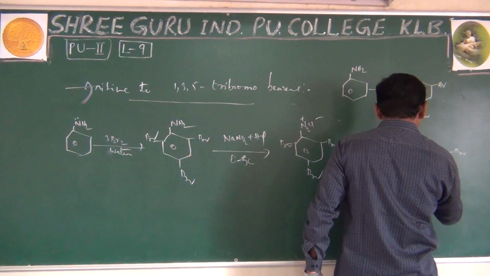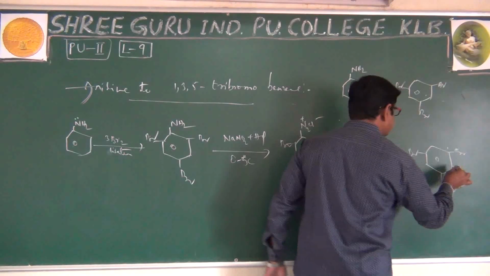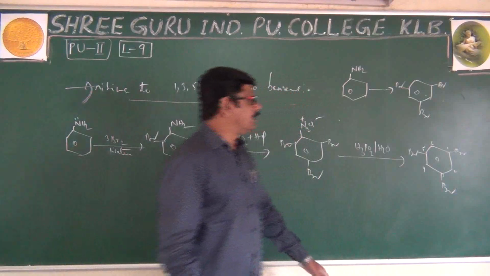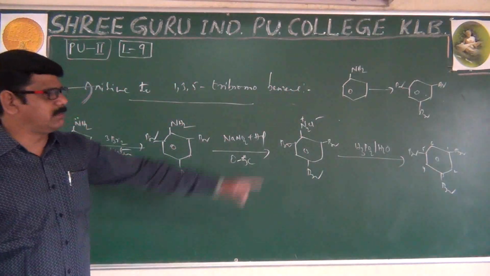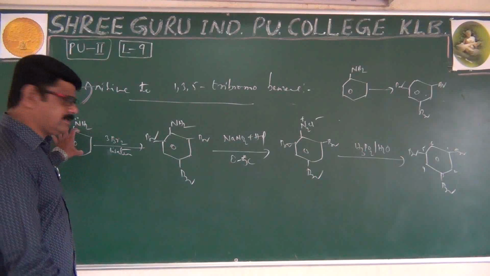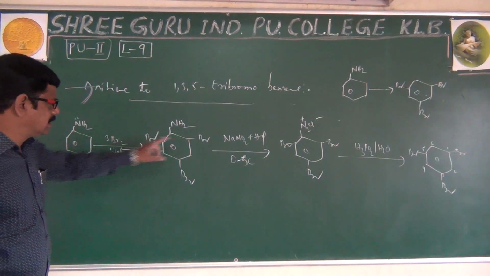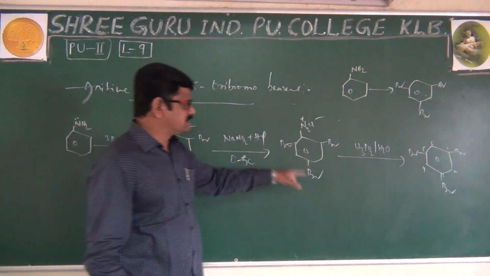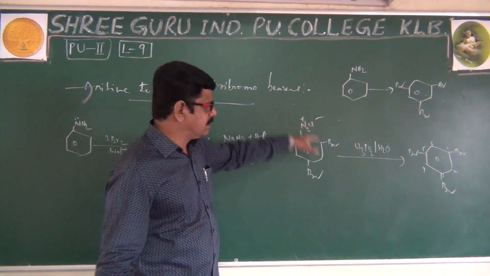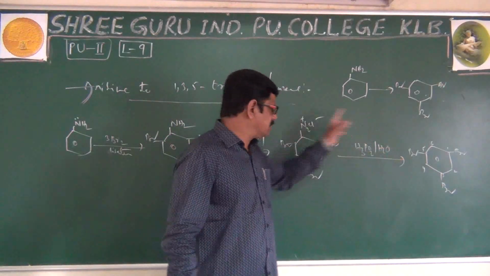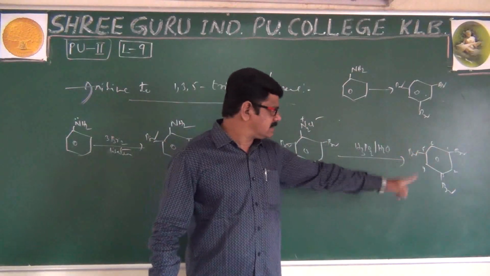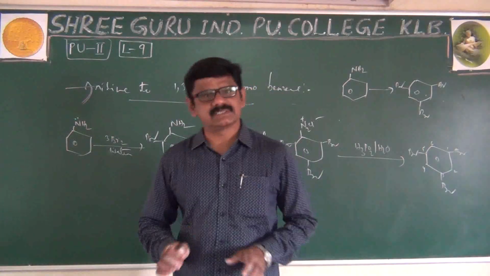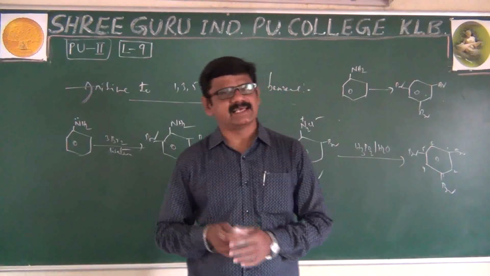The final structure is a benzene ring with bromines at positions 1, 3 and 5; the result, 1,3,5-tribromobenzene, is obtained. That's it. Aniline reacts with bromine water, and 2,4,6-tribromoaniline undergoes diazotization. The 2,4,6-tribromobenzene diazonium chloride reacts with H3PO2 and H2O, the hydrogen is replaced, and 1,3,5-tribromobenzene is obtained. These are the conversions included in amines as well as diazonium salts.